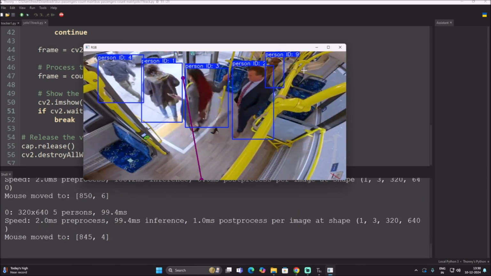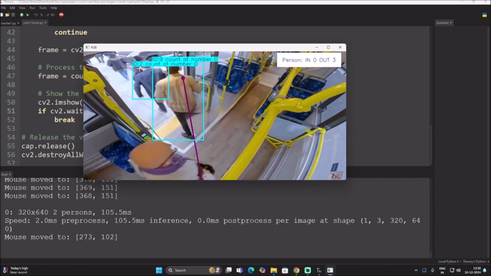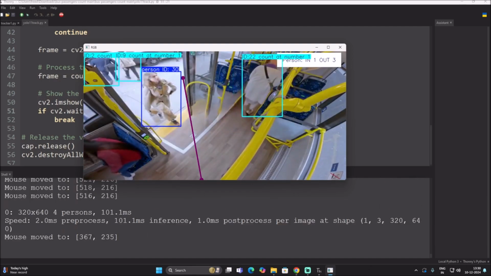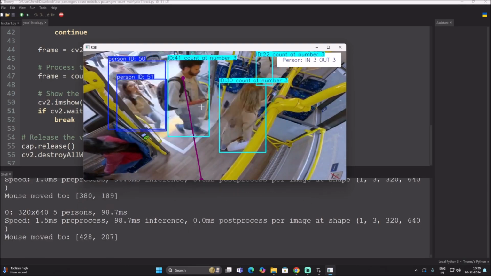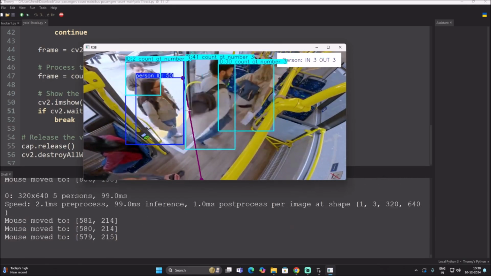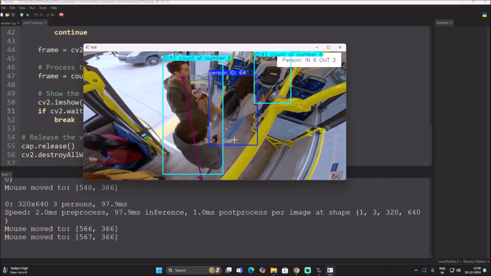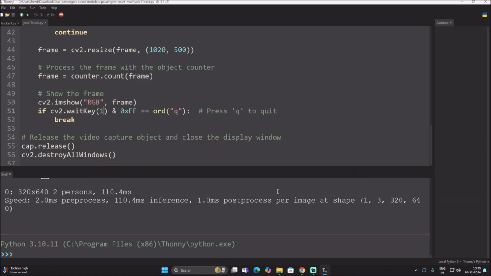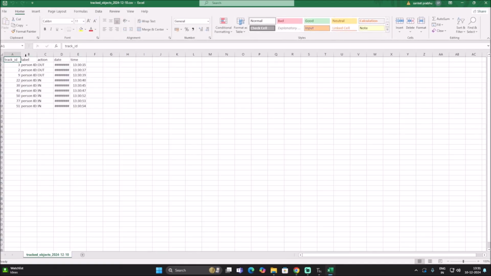Watch here, as you can see, person in, person out. So 3 persons are out, and now 1 person is in, then this one is the second, the third one, so 3 persons we count in, then the fourth one, then the fifth one, then this one is the sixth one. So 6 persons we have already counted. If I open the repository, as you can see, now we have a CSV file, and inside that CSV